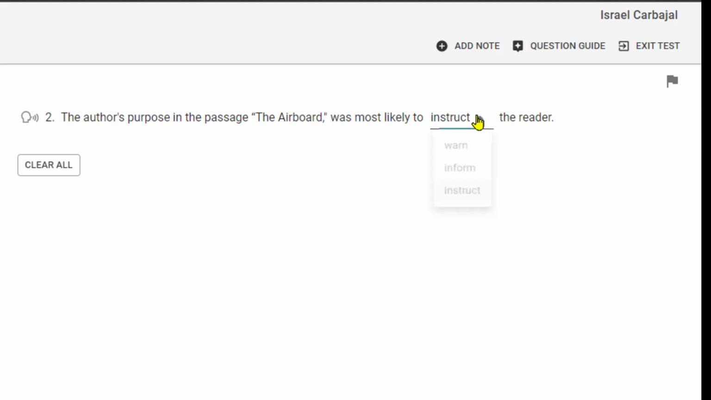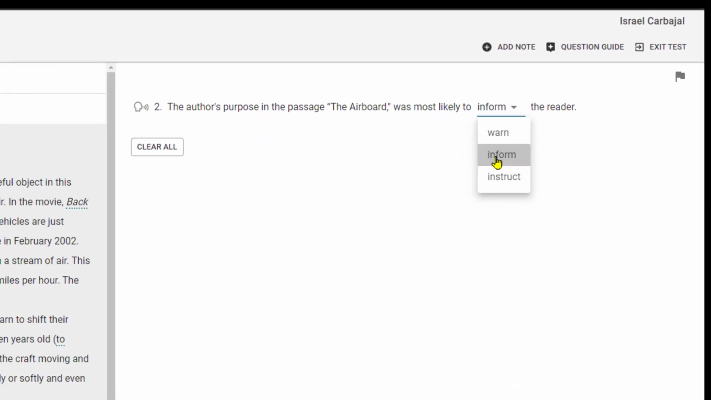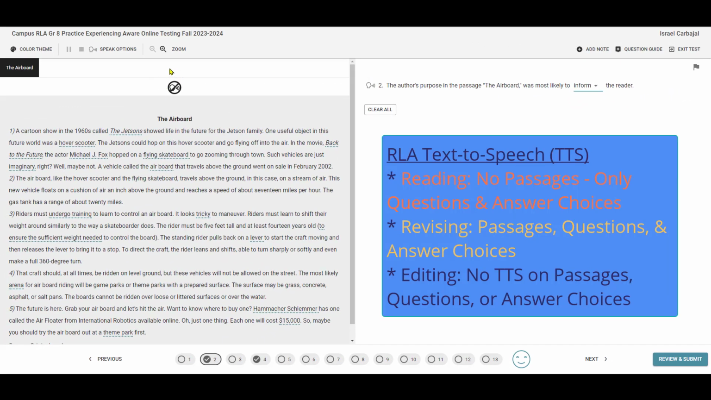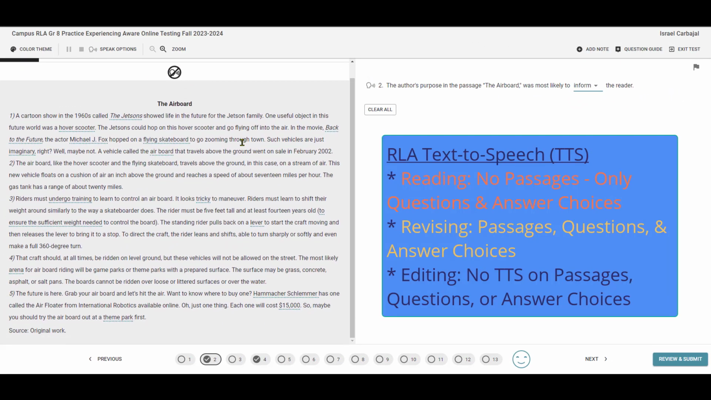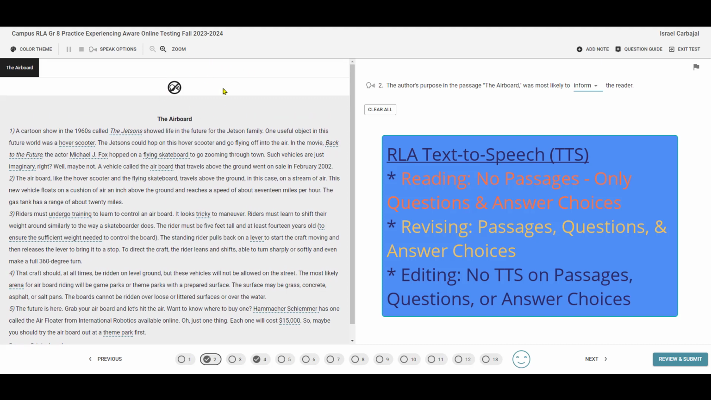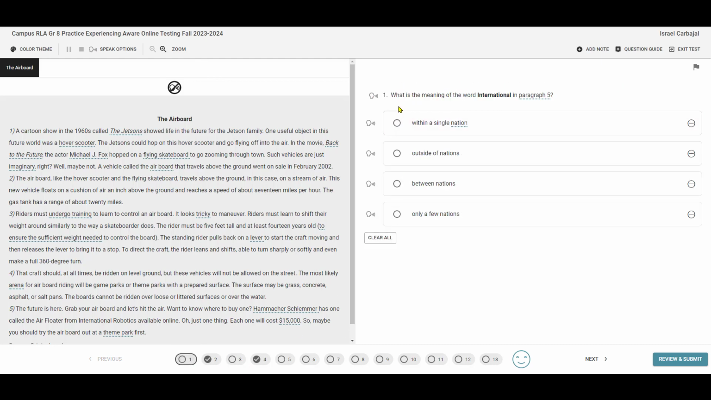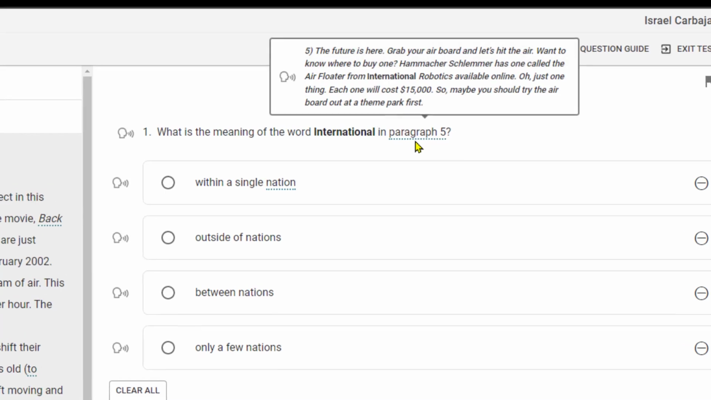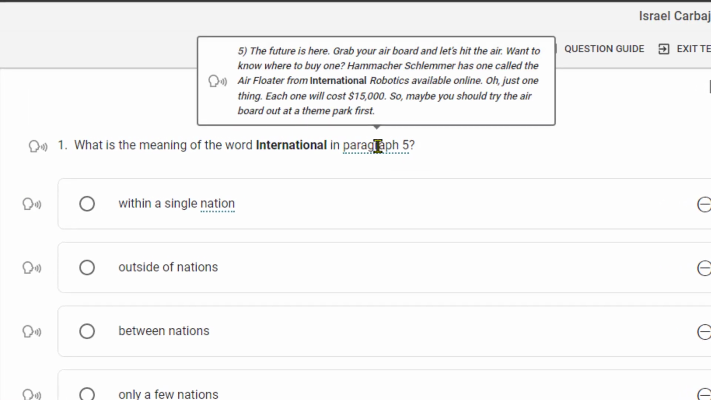Once I've made the choice I want, I can go ahead and click that to answer the question. Notice that it's not going to read reading passages if this is a reading test. It's only going to read the questions and answers. If I have content clarifiers as well as text-to-speech, there'll be these little blue underlines. Anywhere I have those, if I get text-to-speech also, I can click on there and have it read that clarifier